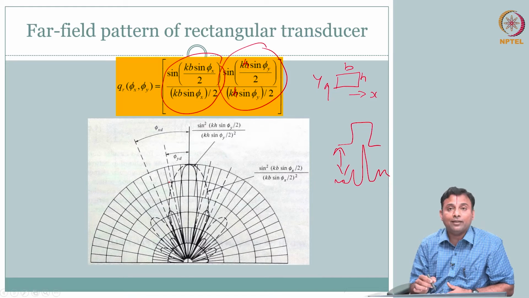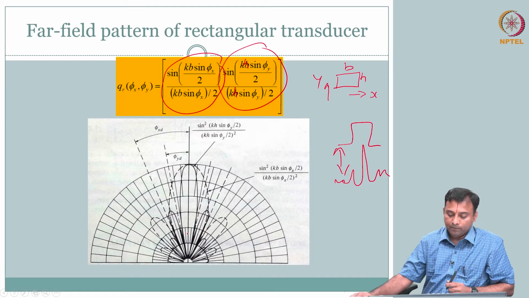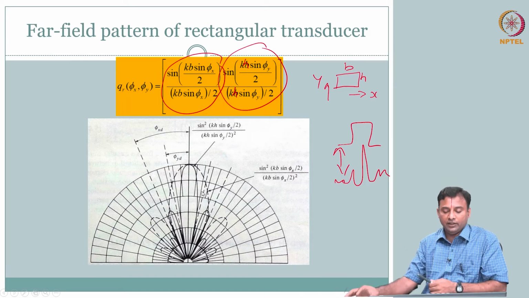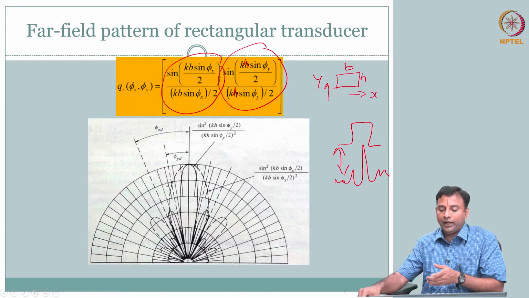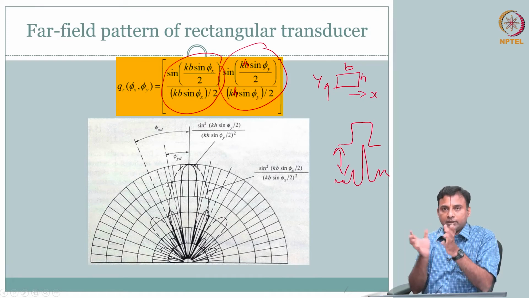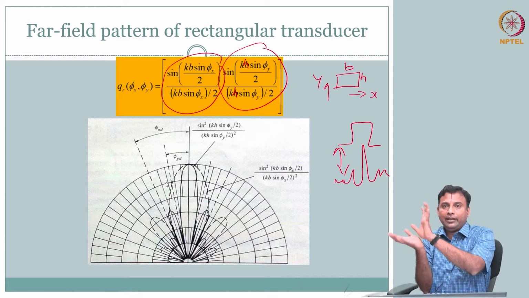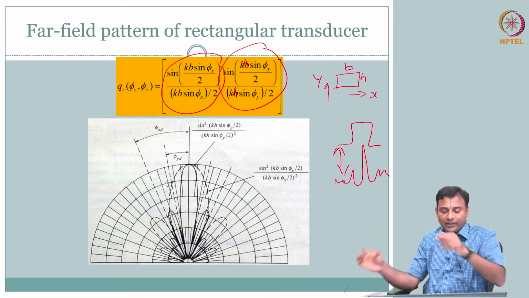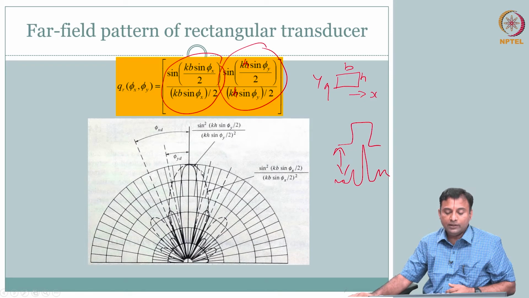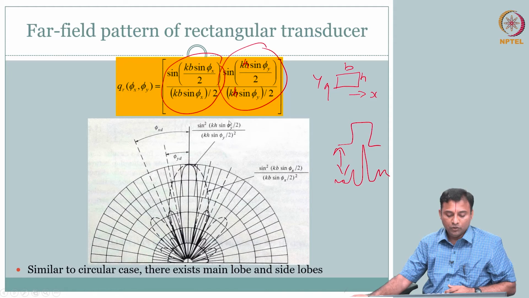So look at the beam pattern. Wherever it is, you have two of them because one is for one sinc function, the other is for the other sinc function. You notice the divergence is different in the different directions. So in plane, when it comes out it is 3D. So you can have lateral and elevational. Each of those is determined by the respective dimension, h or b. To summarize, this also exhibits a similar case to circular, with main lobe and side lobe.